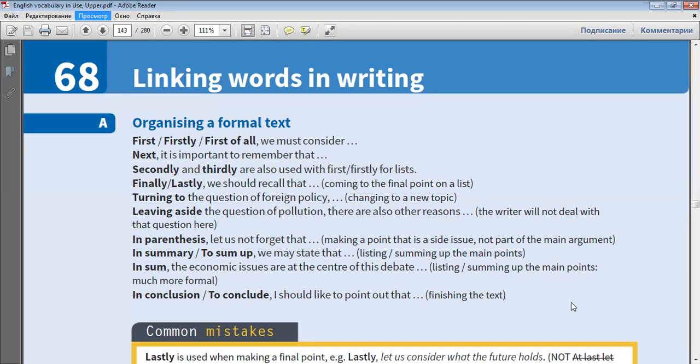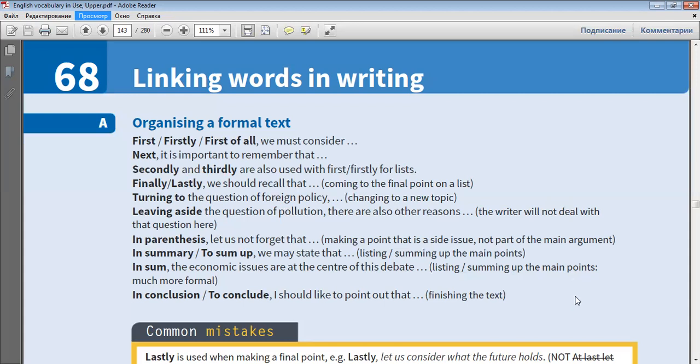Turning to the question of foreign policy, changing to a new topic. Leaving aside the question of pollution, there are also other reasons. The writer will not deal with that question here. In parentheses, let us not forget that... making a point that is a side issue, not part of the main